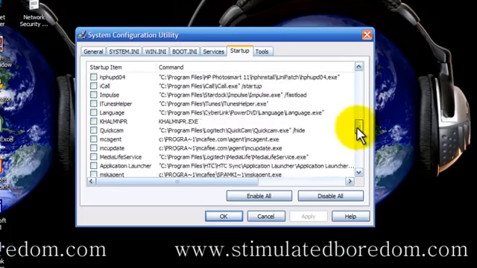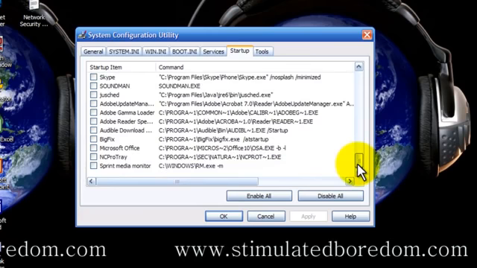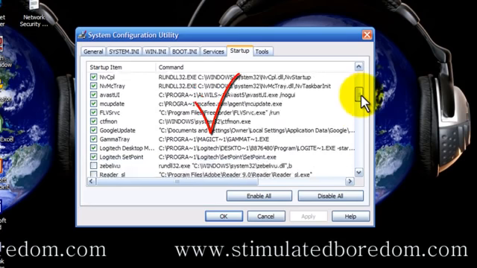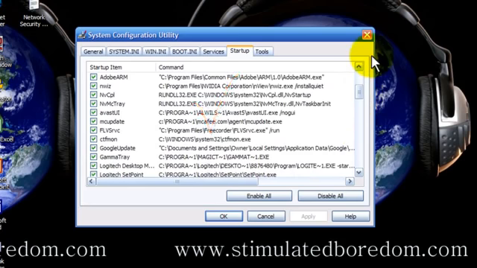As you can see, these are all programs that I wanted to start on my computer, but because they're not checked anymore, they don't run at my startup. The ones that have a check mark are ones that do start whenever I turn on my computer. Now, you don't want to turn off your antivirus software. You don't want to turn off any Microsoft or Windows-based programs, but there are a lot of things that you